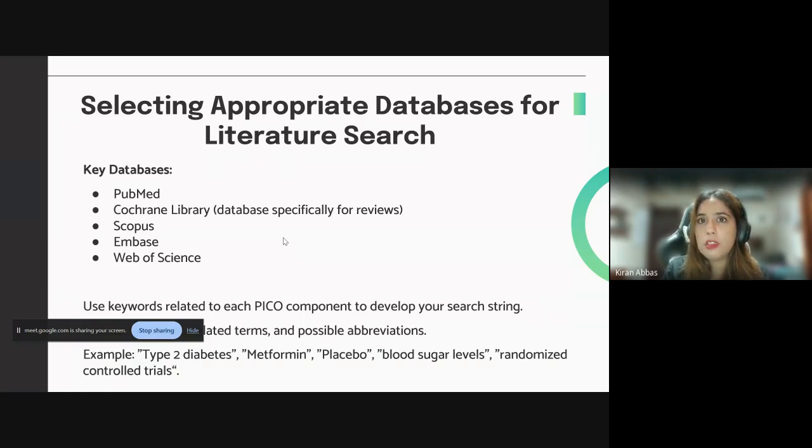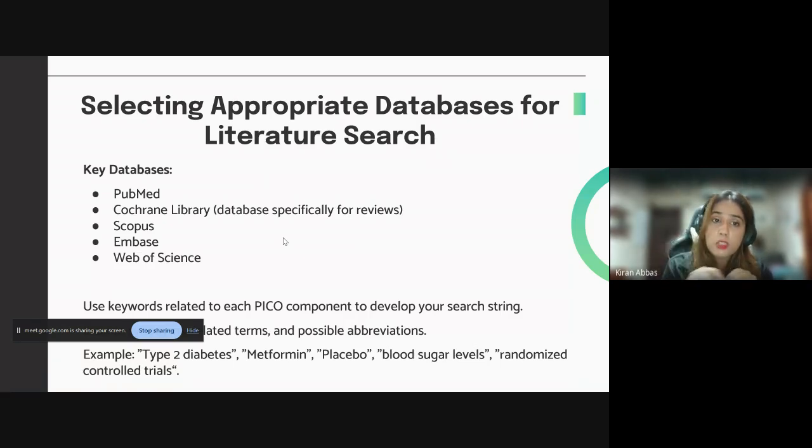So it's not specific to a journal. It's not going to index the journals itself. It's going to index the entire database itself. So it's more general and more broad, and it's going to give you a lot of journals which are not even PubMed indexed. Some journals are not even relevant, and it's going to work exactly like what Google does. When you type something, it will give you everything at the same time, right? So it's harder for you to refine and filter out in Google Scholar, and it's not a database because